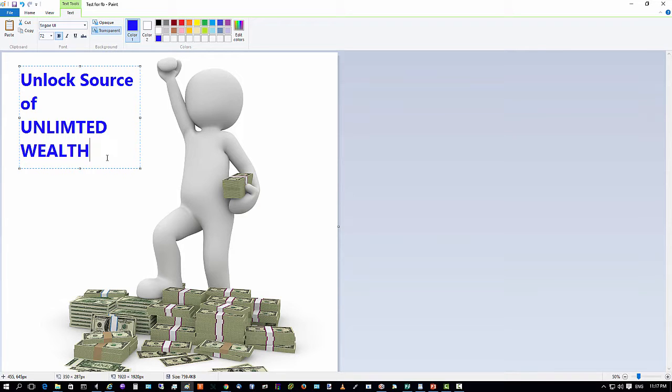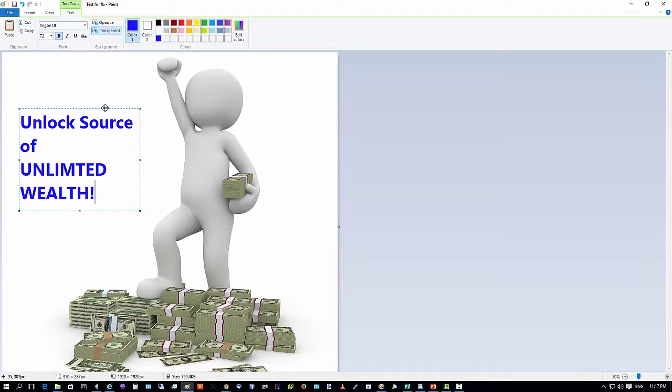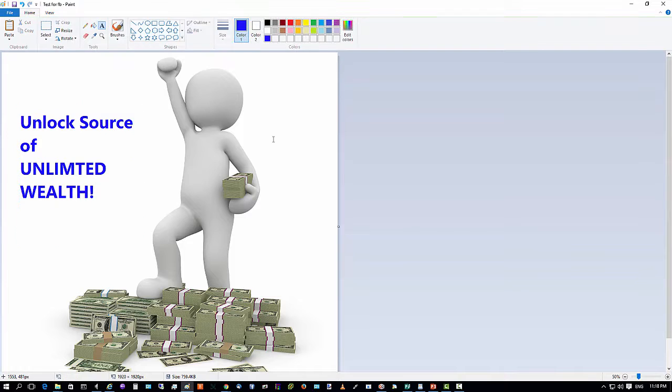And maybe I can put one exclamation mark here. I can make it here. I can put it here. So this is the basic editing. I can add some other images. I can copy or I can add from. If I click here, it does paste something that I had copied. I don't want that. Okay, so now I say I am satisfied with what I have done. So I just click outside and